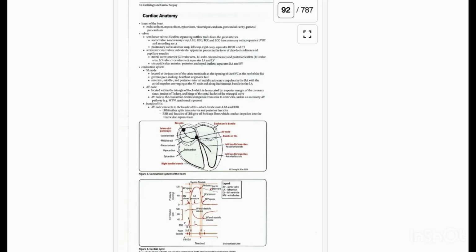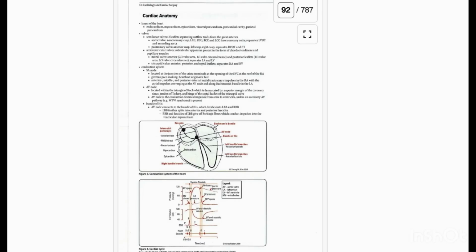These atrial impulses converge at the AV node, which is safely tucked into the triangle of Koch. This triangle is anatomically demarcated by the superior margin of the coronary sinus, the tendon of Todaro, and the hinge of the septal leaflet